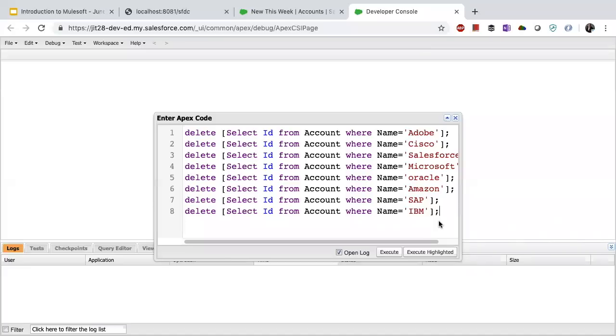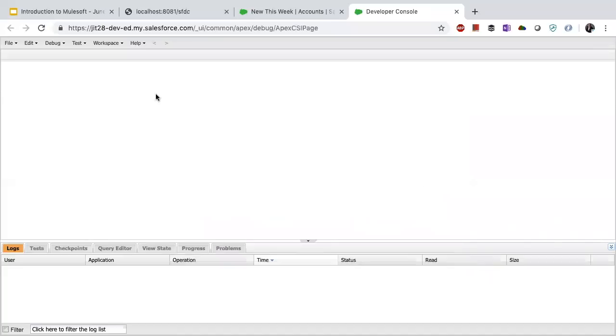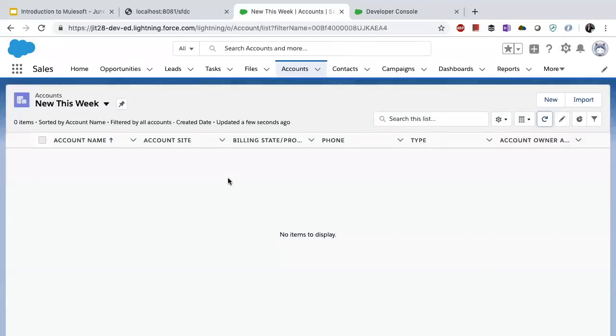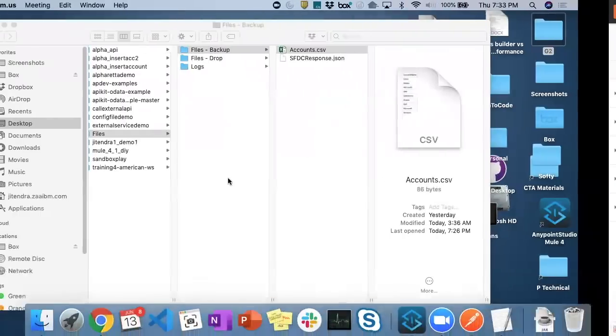What we are trying to do right now is insert a record in Salesforce from Mulesoft. If Mulesoft can insert or do some operation in Salesforce, that is proof of how easy it is, and then Mulesoft can connect with any other system. So that's just one small fragment I'm trying to show. What I'm doing right now is deleting all the accounts so that I can show you the proof that it is really working. See, no account exists here. If accounts start appearing here, that means it is because of our Mulesoft. So now everything is all set.